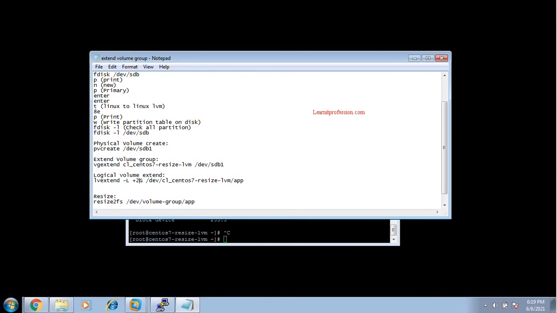So here I am only extending 1 GB to the logical volume app, so I just write +1G. The command to extend the logical volume is lvextend -L plus the size that you want to extend the logical volume by. In our case, the logical volume is app, and the complete path of the logical volume is /dev/CL_CentOS 7-resize-LVM/app. Just copy